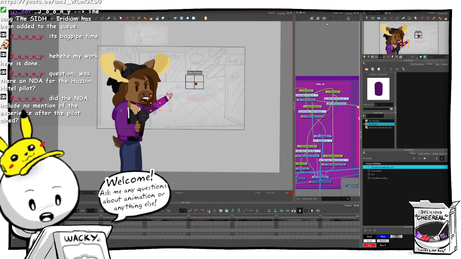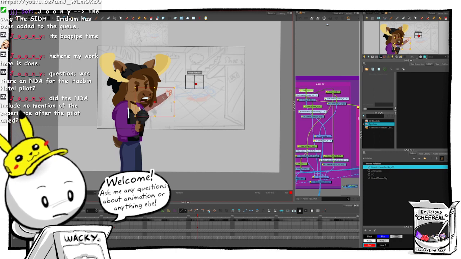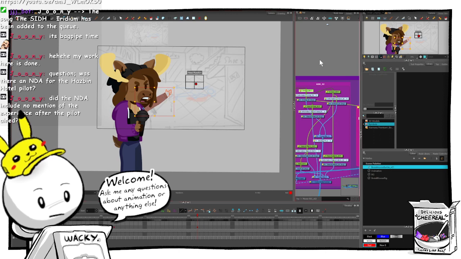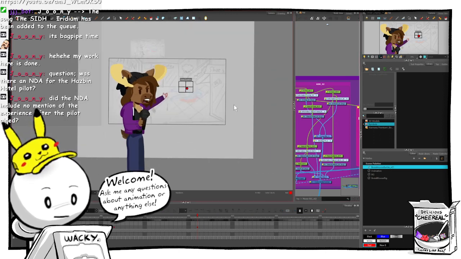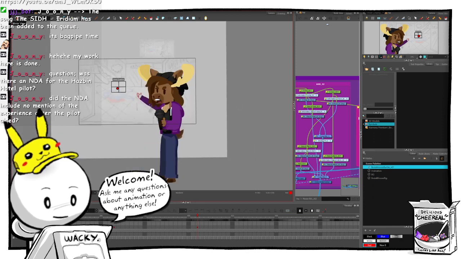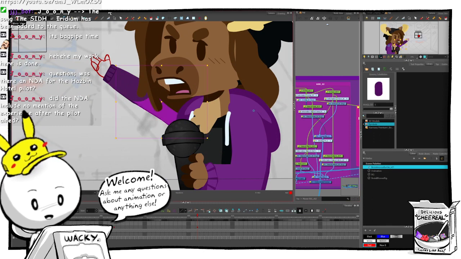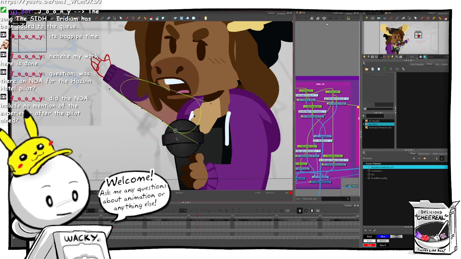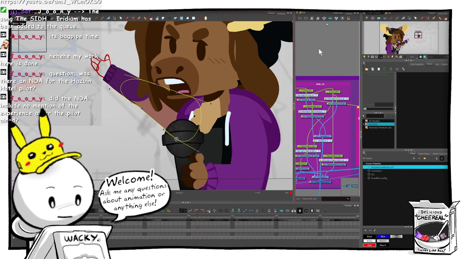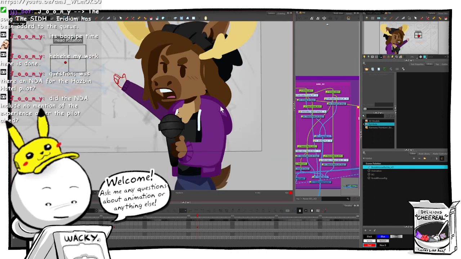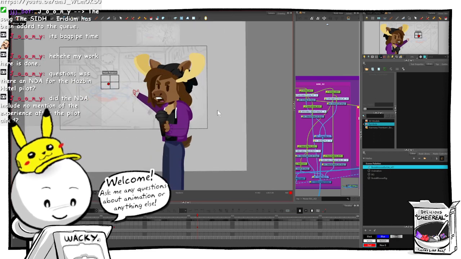That looks dislocated, but the arm itself looks pretty good. I think we need to exaggerate that foreshortening. Bring this down a lot more. Okay.